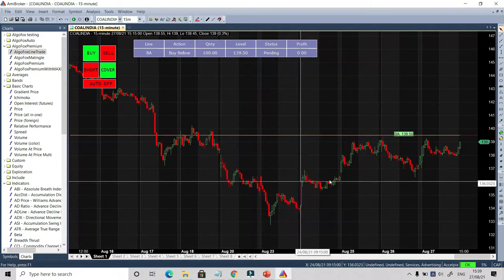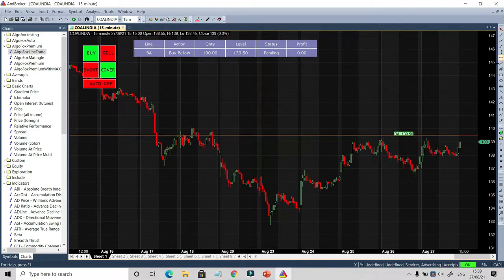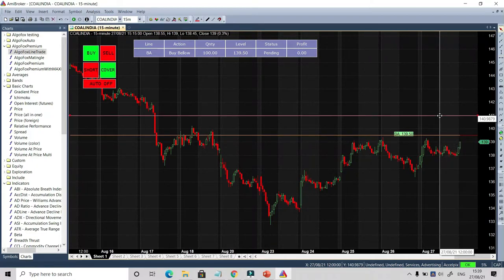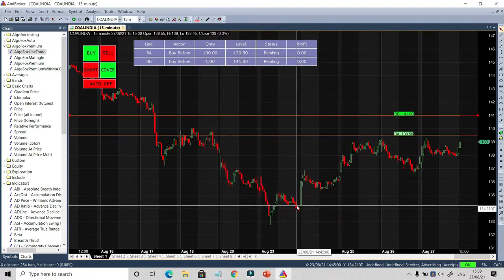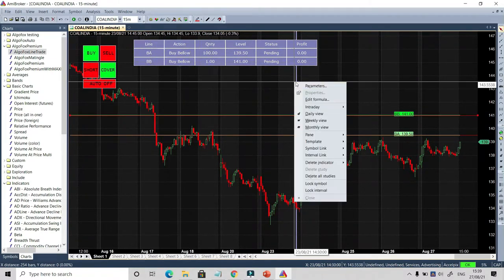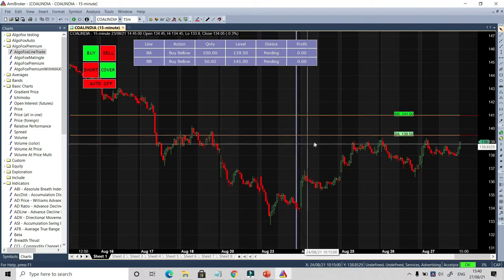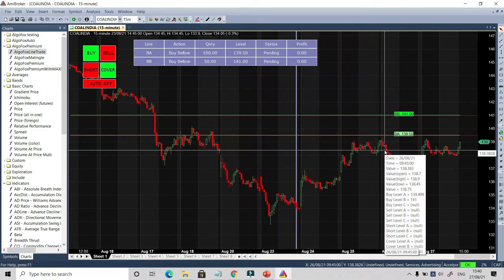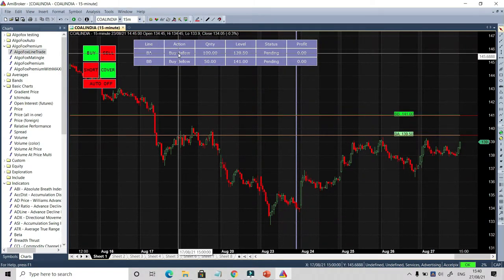For example, I want to scale in when the price goes to say 141. I can take another horizontal line and go to the 141 level, and then in the study input I'll write BB, for the second buy, and click on OK. The moment I click on OK, you can see on the dashboard there is another line, BB. So now if I go to the parameters, scroll down and make the quantity say 50, then you will see that on the first trade 100 shares will be bought, and on the second trade at 141, 50 shares will be bought. Now this is buy below.